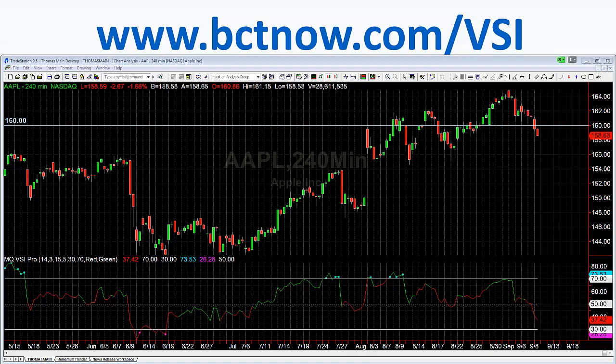Yes, there's a huge difference between VSI and MQ momentum. MQ momentum is a momentum oscillator. That's the only thing that's really similar, but MQ momentum is looking at two indicator lines oscillating above and below zero and then displaying the spread between the two indicator lines as the histograms, showing you the strength of a move. VSI is looking at volume and looking at overbought, oversold conditions, as well as a momentum indicator line. I use both VSI and MQ momentum together.